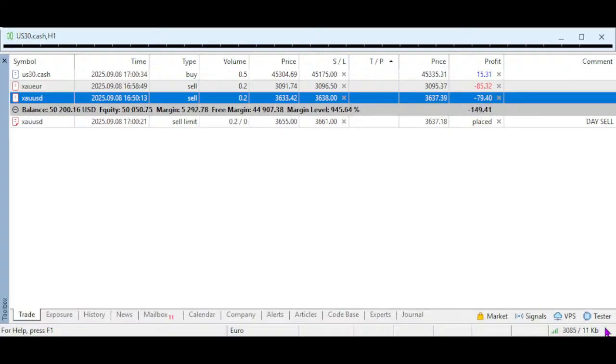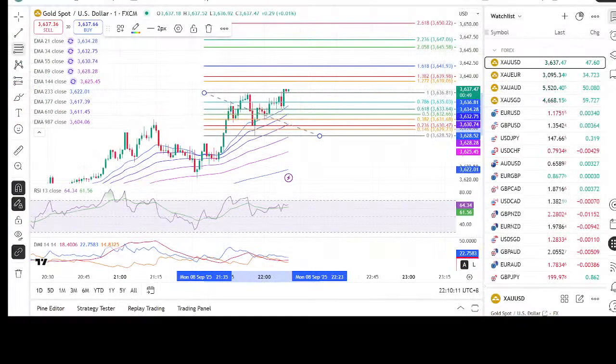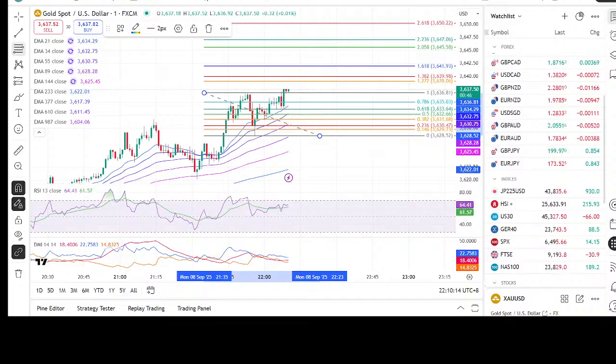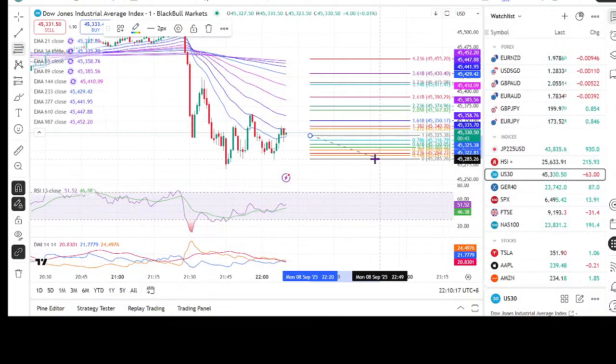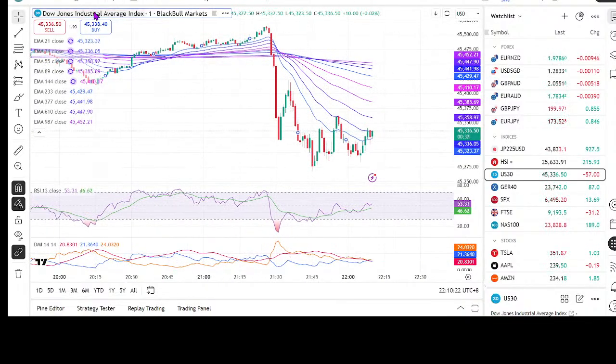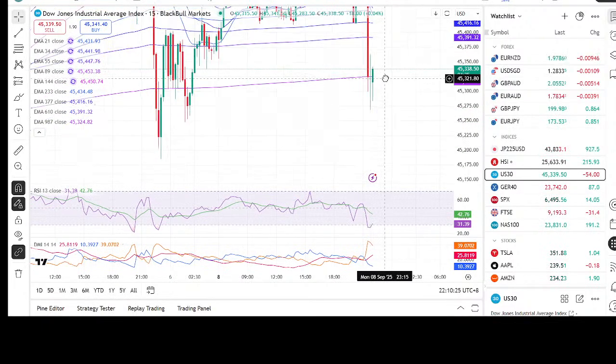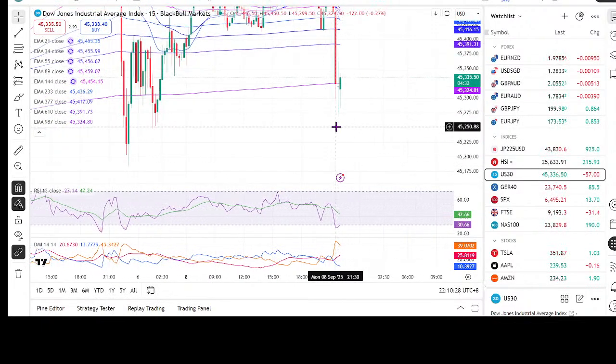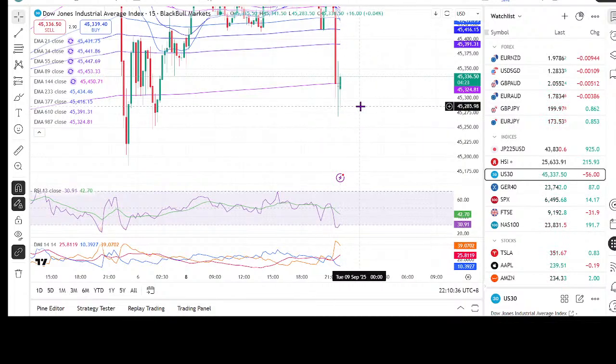Okay, while we are waiting, let's see the Dow and see how else it can move. And of course we have a stop, so let's see whether we get stopped out. Now looking at the Dow, we went for a buy. Now you see here, this is making higher lows, which is a good indication.